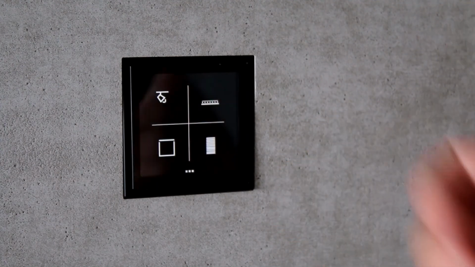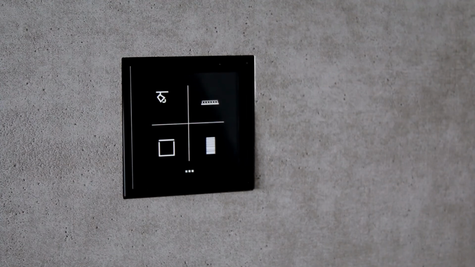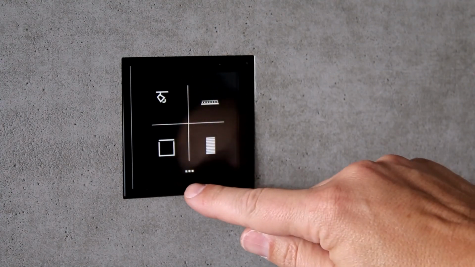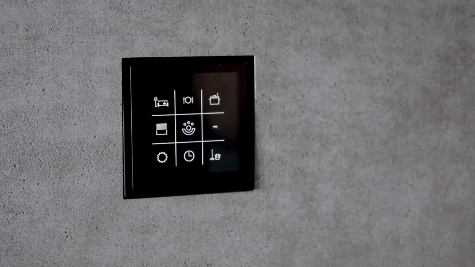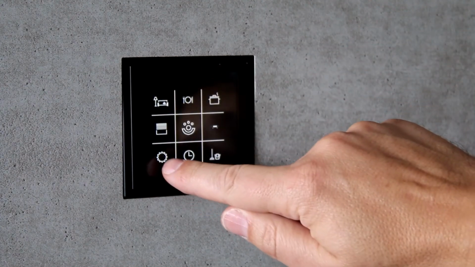Now you can see the screensaver mode here. In this case, the Jung logo is displayed. After a further time, and in standby mode, it switches itself off. Of course, your presence is detected by the proximity sensor, and the favorites page is displayed again for the time being. If you now want to change something in the screensaver, please go to the menu, go to the settings,